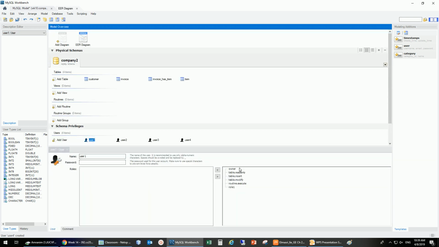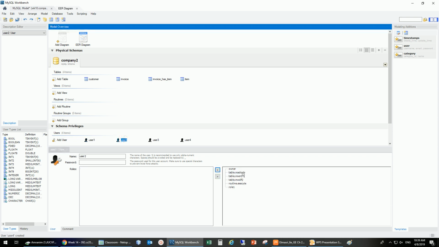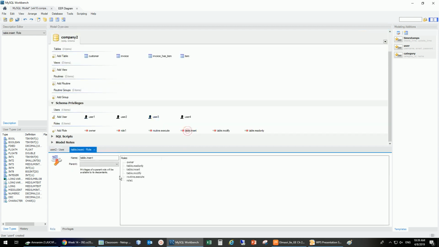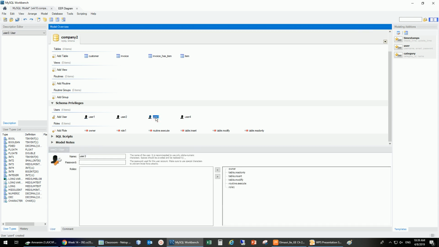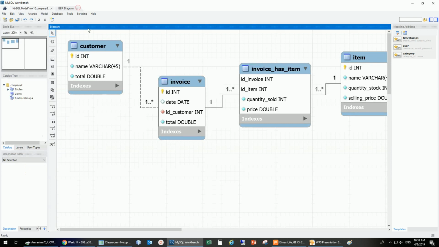User 1, for example, I can choose which role he has. For example, let's say this one. So he has table read only. User 2 also table read only. Or if I open this insert, I can make some kind of relationships between the roles, but I thought maybe I could use this to select the user, but no. I just need to select the users. Each user, I specify the role manually. I can have more than one role if I want to. You can insert and modify, for example. So anyways, this is what you can do in terms of working with the privileges that you can give to a specific schema. So I'm just going to close this because I don't want to